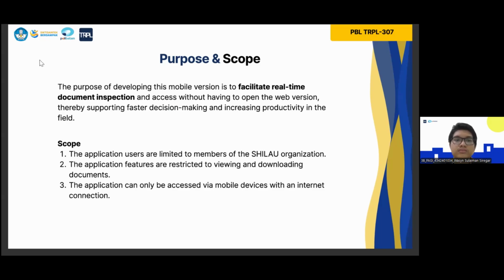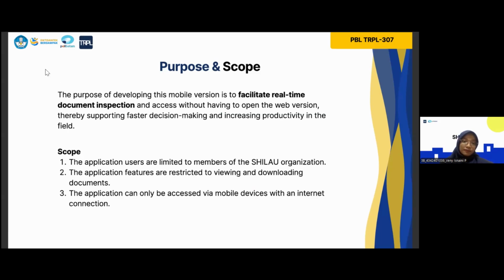Okay, in this section, I will explain the purpose and scope of the application. The purpose of developing this mobile version is to facilitate real-time document inspection and access without having to open the web version, thereby supporting faster decision-making and increasing productivity in the field.